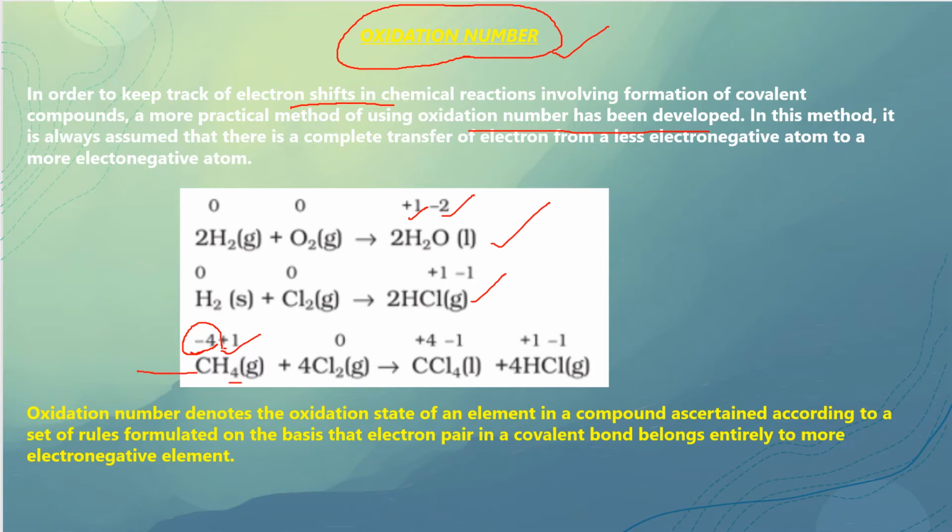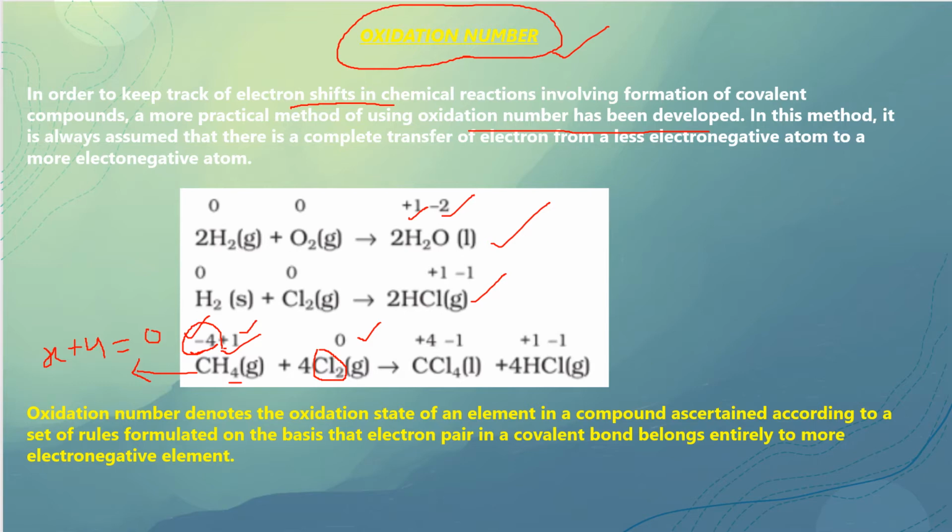Suppose I don't know what is the oxidation number for carbon, so I'll take it as X to start with. There are 4 hydrogens, and here I have written +1 because the oxidation number is per atom always. So 4 hydrogens, that means total +4 charge. And on CH4 as a whole, we do not have any charge, neutral, so I'll write 0. So what is X? X is -4. This is how we find out the oxidation number. Cl2, it's an element. Any element you take, any metal, any element, that is 0 oxidation number. There is no transfer of electron. It's in the pure state.